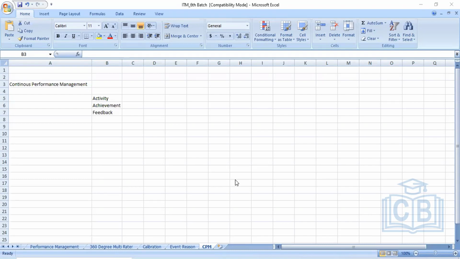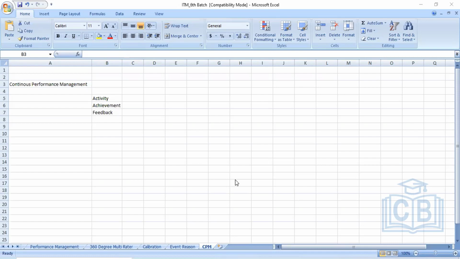So what is happening is that his efficiency and his performance level can also be recorded in this tool, that is continuous performance management. So that was the purpose of introducing this tool in SuccessFactors, which comes under the part of CPM.